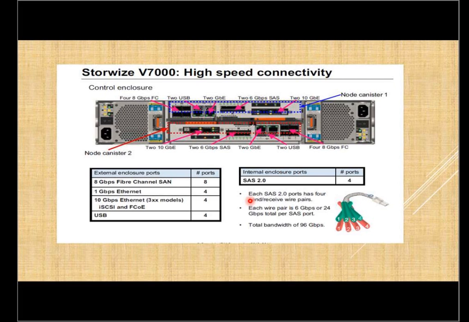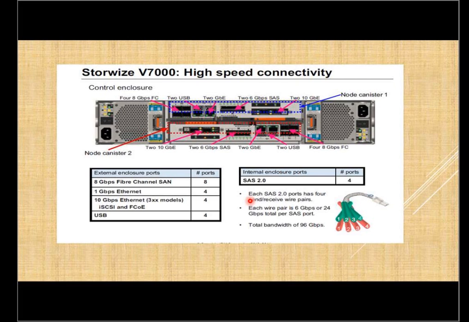Apart from this, there is one major difference that we have. In case of StoreWise V7000, you can have more expansion enclosures. In case of SVC, as we talked yesterday, we were having 2 expansion enclosures with 24 drives each. But in case of StoreWise V7000, you can add 9 extra expansion enclosures per IO group, and each expansion enclosure can have 24 drives. That is a maximum number. That again depends on what kind of drives you are using. If you are using 2.5 inch drives, you can have up to 24 drives. If you are using 3.5 inch drives, then you can have 12 drives. So accordingly you can calculate.